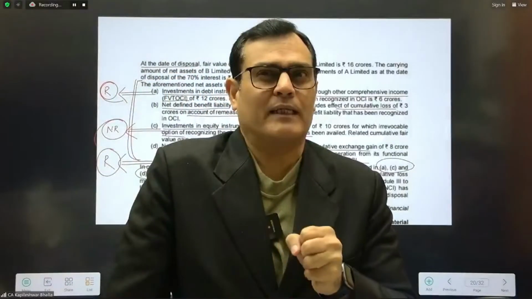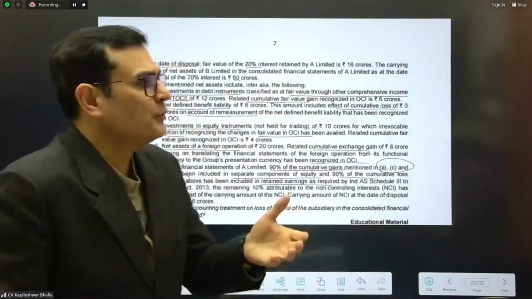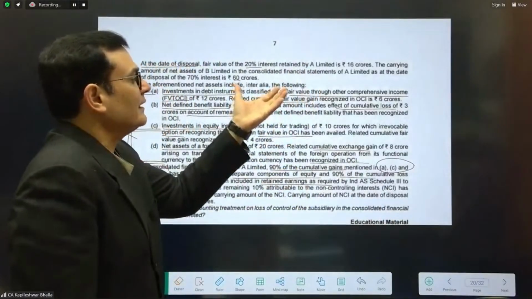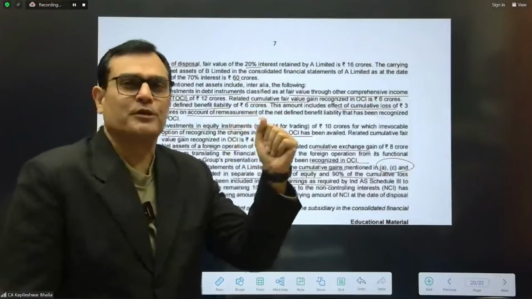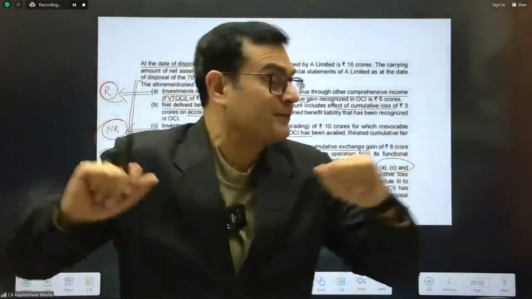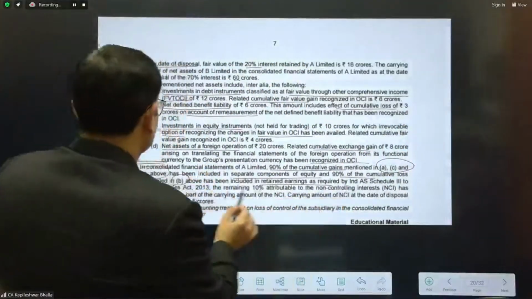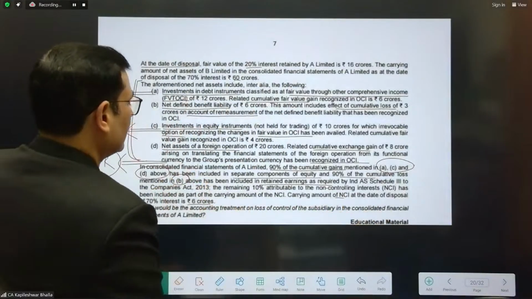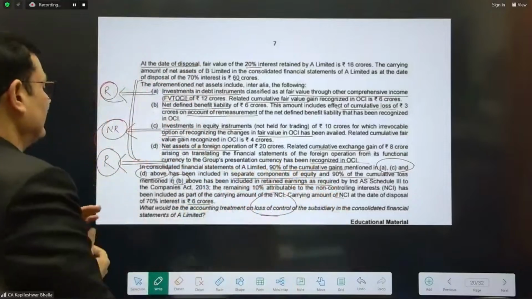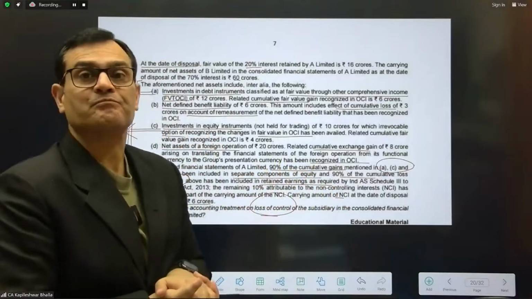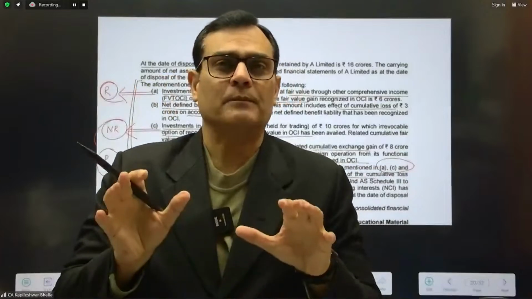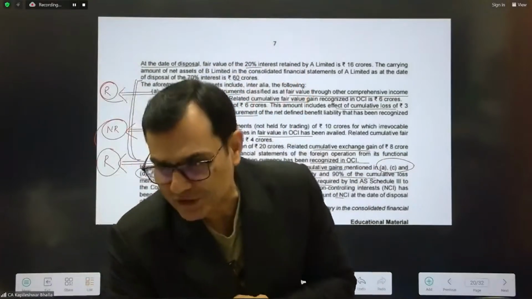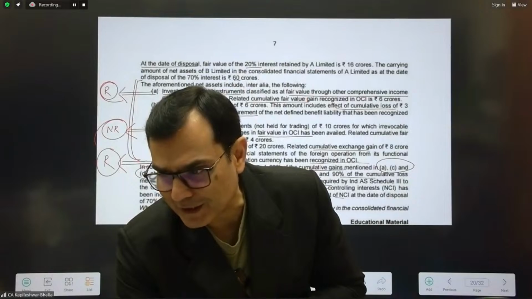I still did not get an answer, friends. I need your inputs on that because I would give my explanations accordingly. Please tell me, are you aware of the concept under which tab of the SOCI the actuarial gain or loss is parked? Say yes or no. How would I come to know? Otherwise, I'll presume you know it. And then it says further that the carrying amount of NCI on the date of disposal is 6 crores. What is the accounting treatment on the loss of control in the consolidated financials of A? Okay, so I think we are given the inputs in terms of accumulated OCI balances, and with these movements, let's take it further.